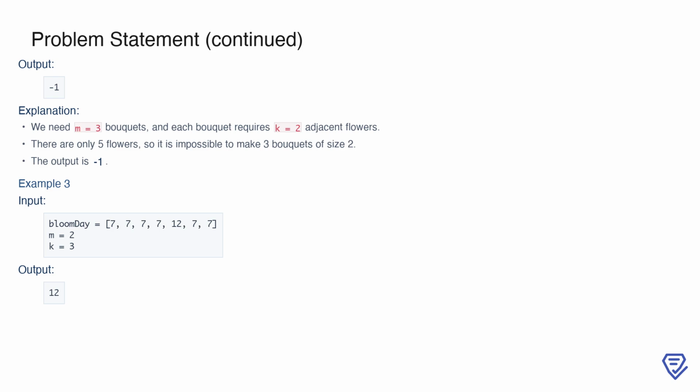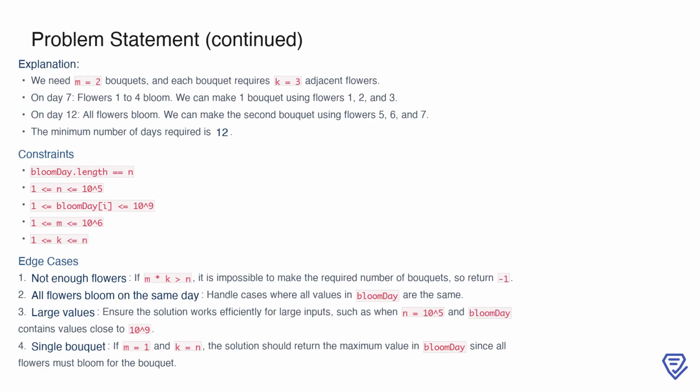Even on the last day, there are not enough adjacent flowers to meet the requirement. Since it is impossible to create the required bouquets, the function should return -1. This illustrates how the adjacency constraint can limit the ability to form bouquets, making it crucial to carefully evaluate the conditions. Finally, let's explore another example where the bloom day array is [7, 7, 7, 7, 12, 7, 7], and